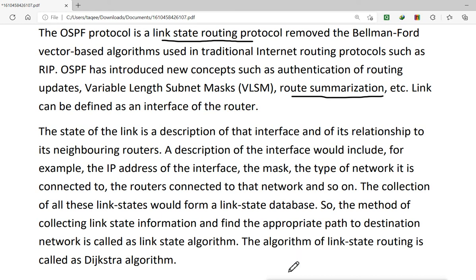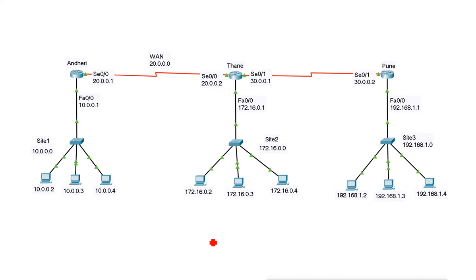So how does it work first? As we configure the OSPF protocol in this design, what happens first when we configure OSPF on these routers? First we enable OSPF and we enable routing for these networks. Once we enable routing for these networks by mentioning the network command, the router enables the OSPF routing protocol, OSPF starts routing for these networks, and also starts sending and receiving updates on the interfaces of those networks.